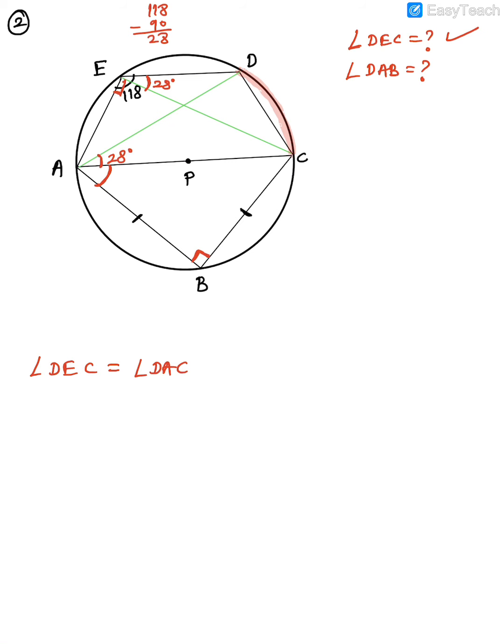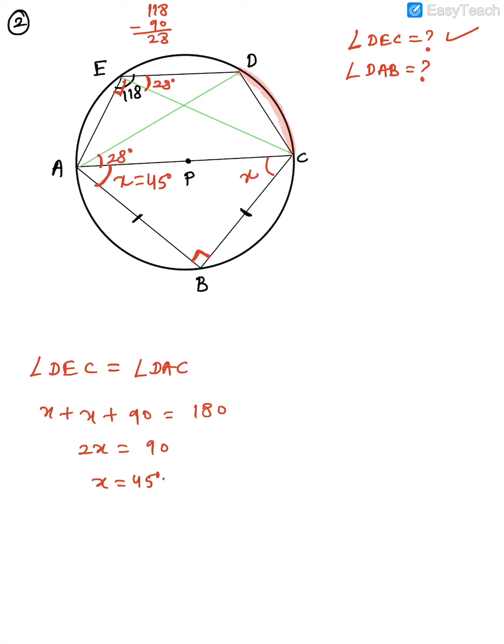But if you notice, we are given that AB is equal to BC. So which triangle is it? It's an isosceles triangle, right? So let these angles be what? X and X. Now how much will be this angle? Find out x. So you will do what? X plus X plus 90 is equal to 180. 2x is equal to 90, and then x is equal to 45 degree. Clear? So you have got x is equal to 45 degree.